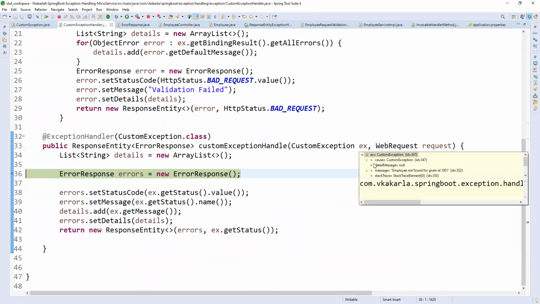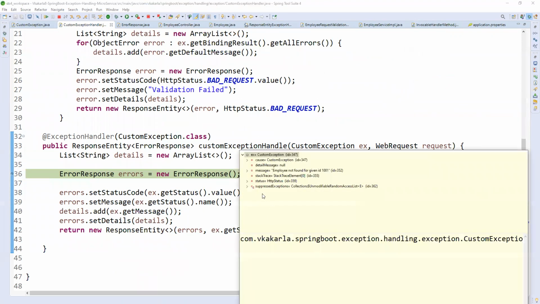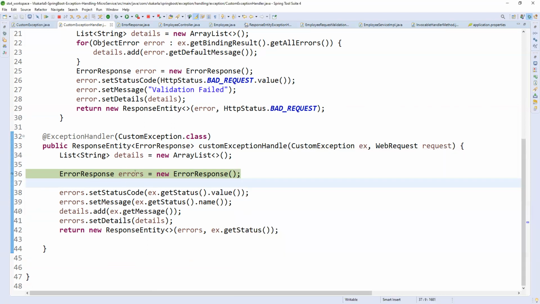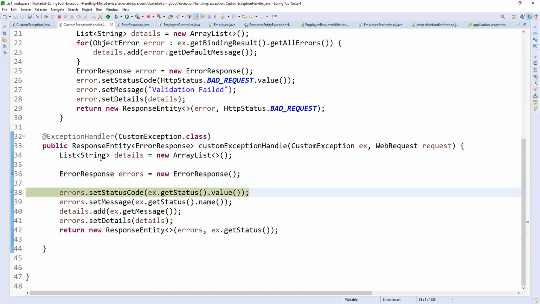In this custom exception, we have a status of 404 and the message employee ID not found for the given ID. So now we are preparing the error response here, and I am adding a list of details. Why?